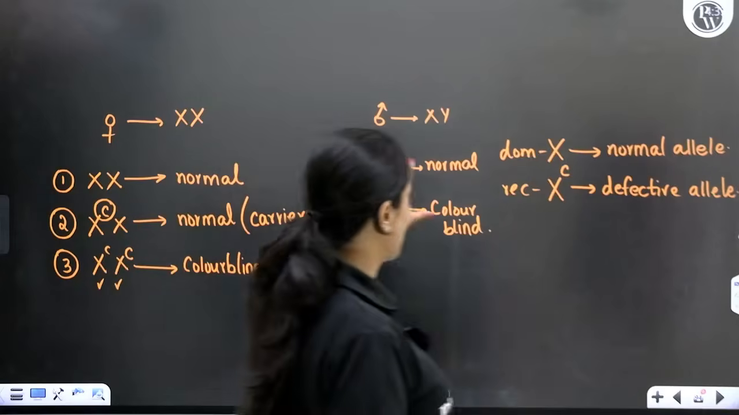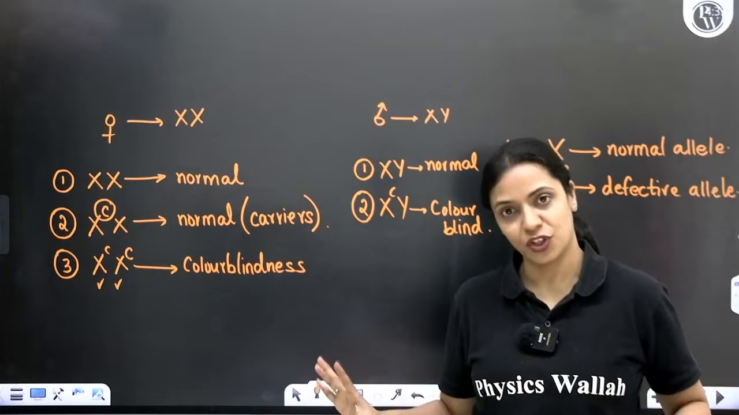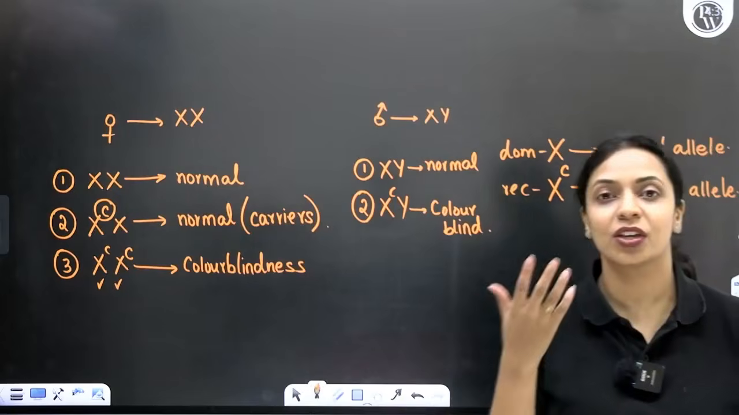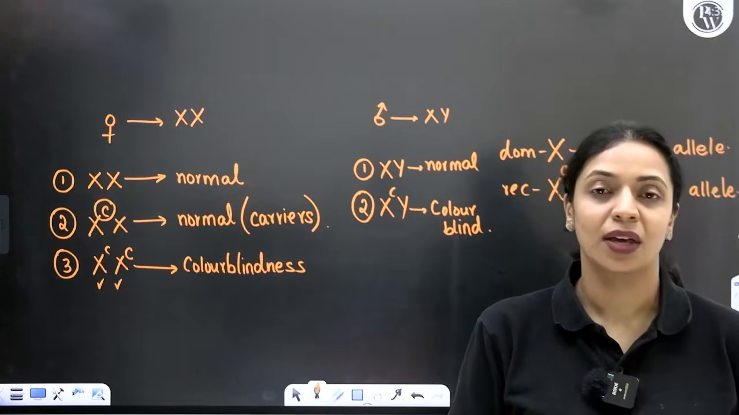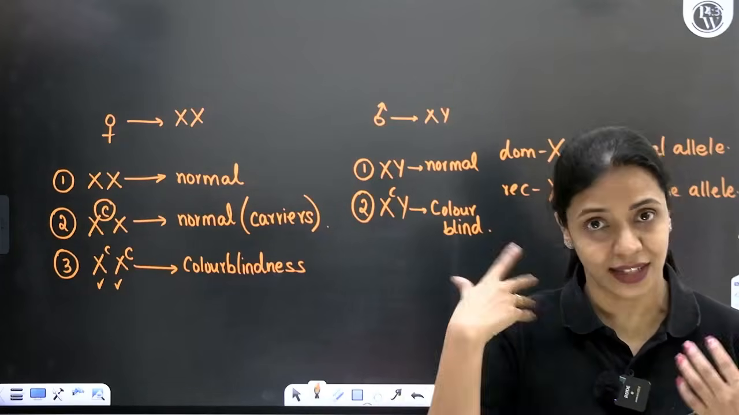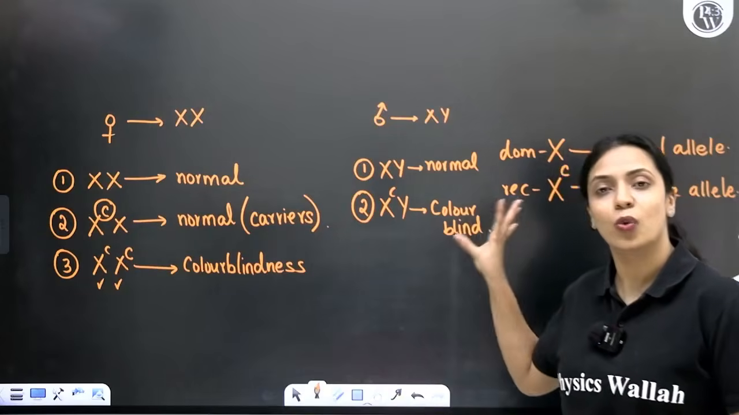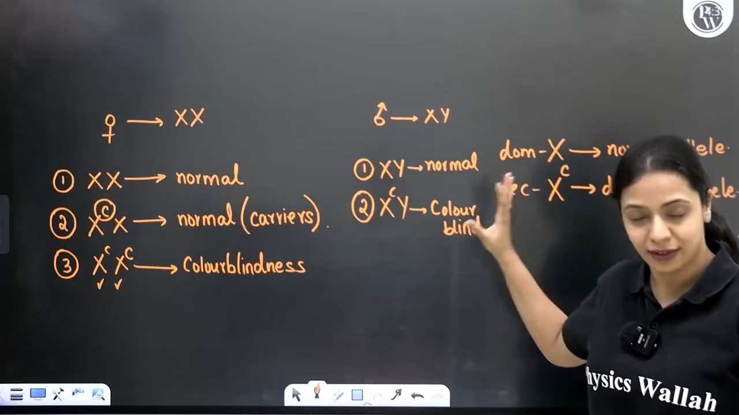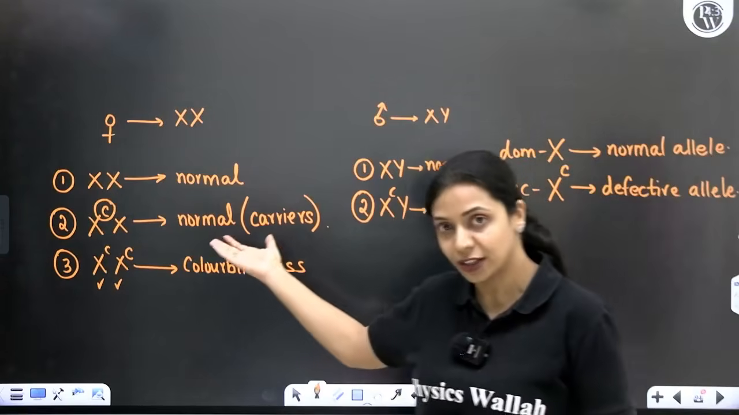If a man has just 1 defective allele, that is sufficient for him to be colorblind. Because males in humans are hemizygous, they have only 1 copy of the X chromosome. Whatever is there on that X chromosome, if it's normal or recessive, that itself will express, because they don't have another X. So even if a man has 1 copy of the X chromosome with the defective allele, he will show color blindness,